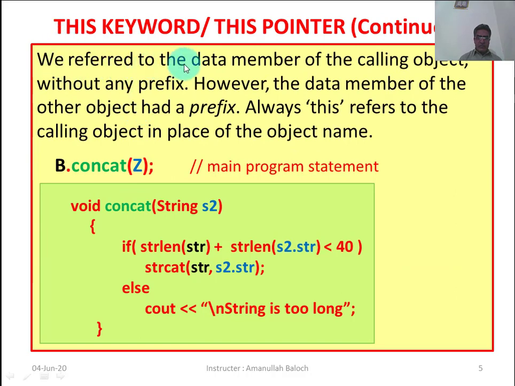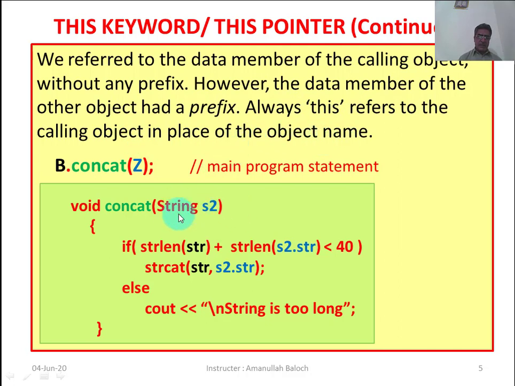We refer to the data member of the calling object without any prefix. However, the data member of the other object has a prefix. Always this refers to the calling object in place of the object name.